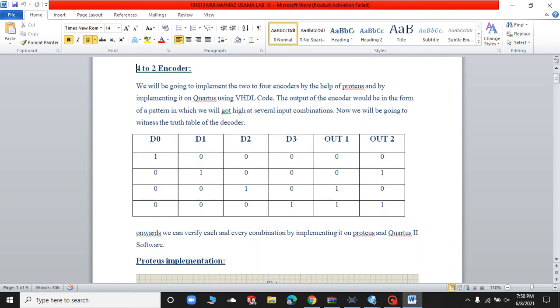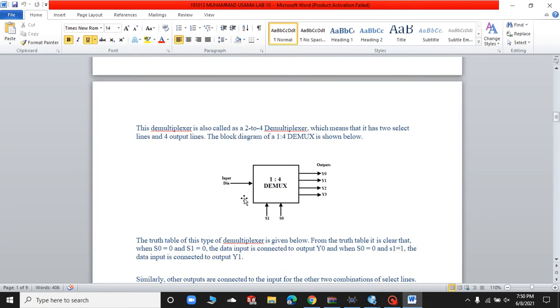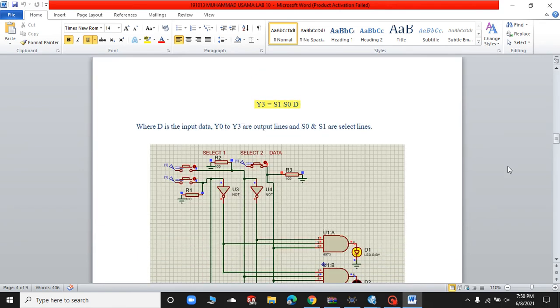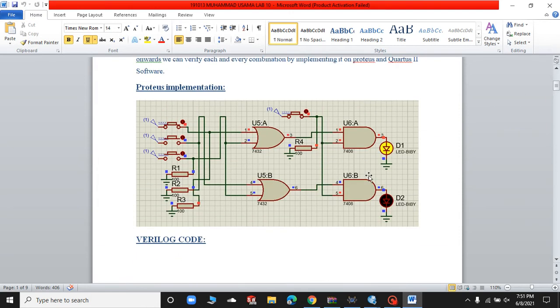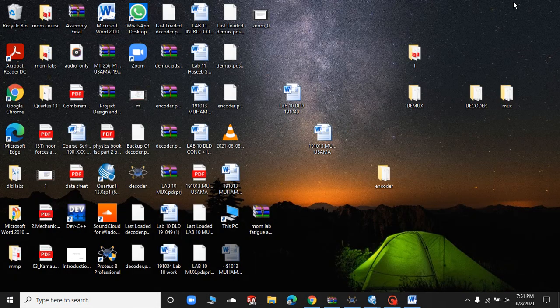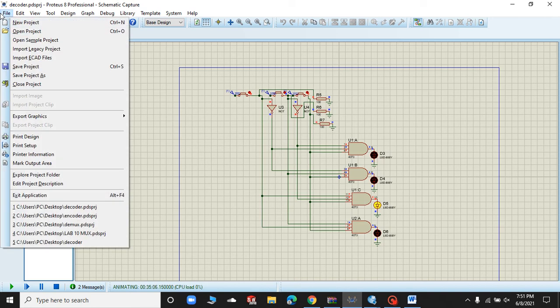Now I will show you the simulation which I have performed. The simulation screenshots are attached first, but I am going to show you the simulation. Let me open the simulation.